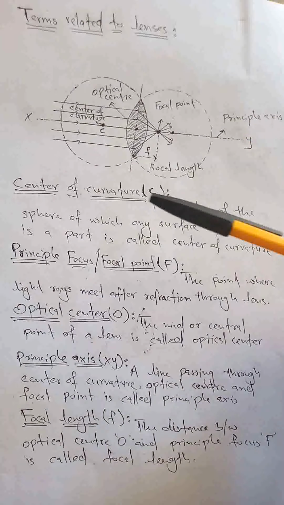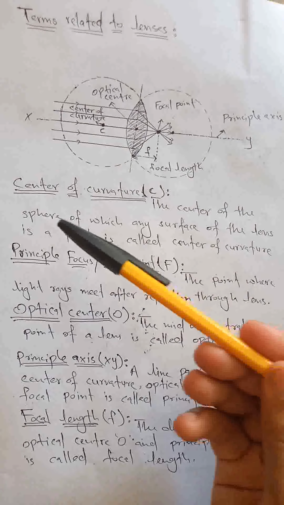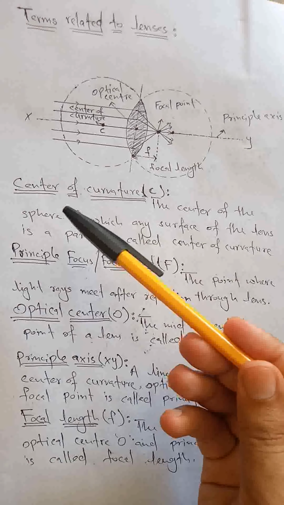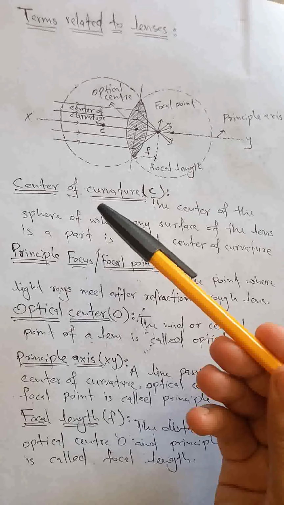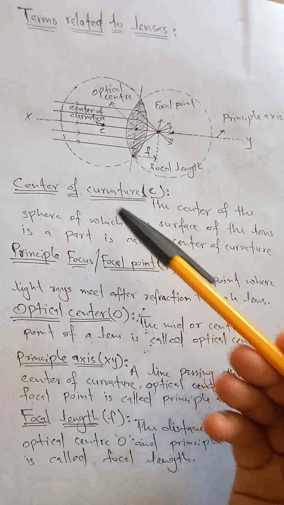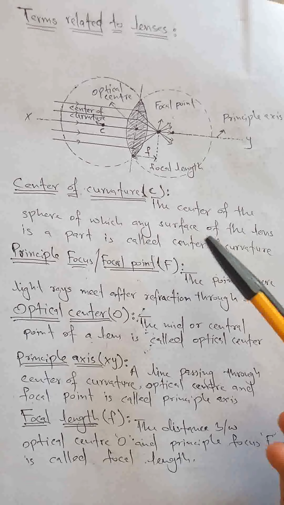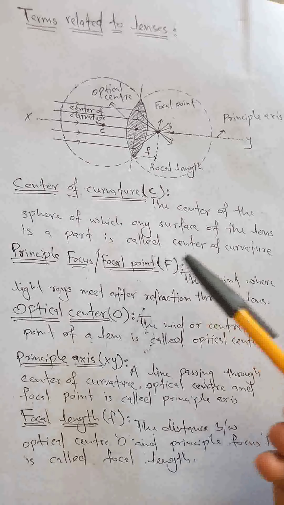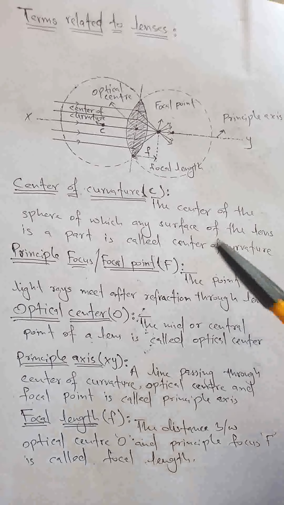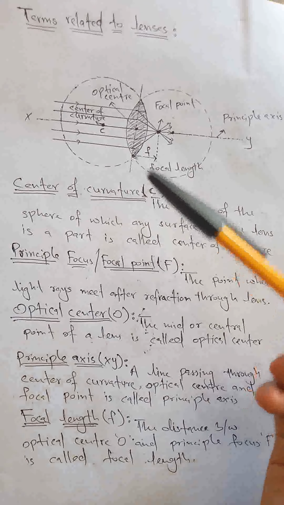Now let's talk about some terms related to lenses. First of all, we will discuss center of curvature. We can define center of curvature as the center of the sphere of which any surface of the lens is a part. It is denoted by C. From this figure,